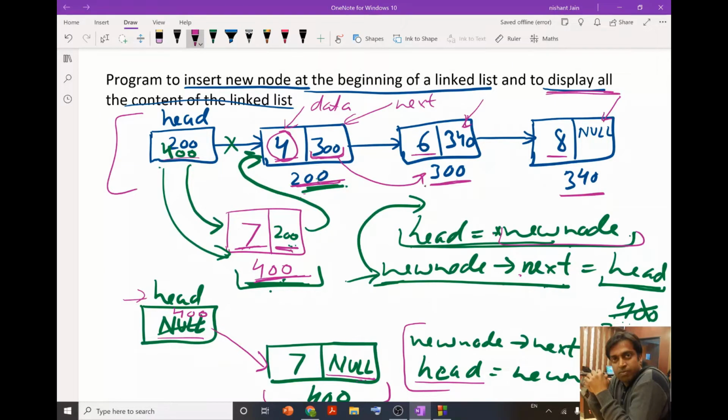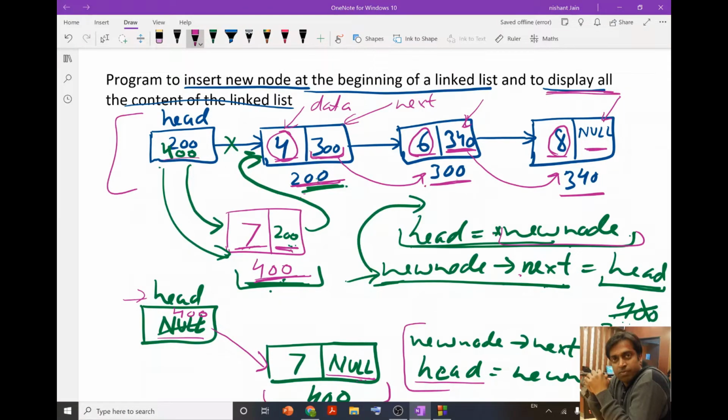Over there again I will display the data, and then with the help of the next pointer I will go to the next node. Over there again I will display the data, and then again with the help of the next pointer I will go to the next node. But over here, since it is null, it means that here I need to stop.